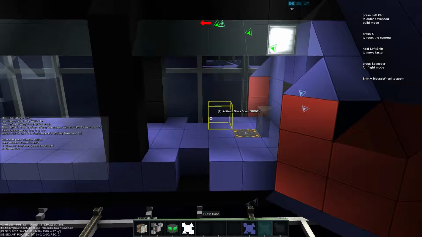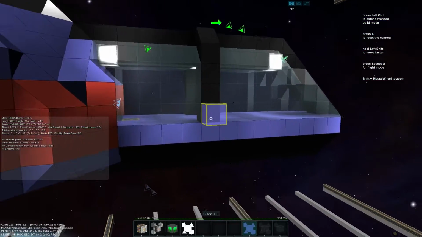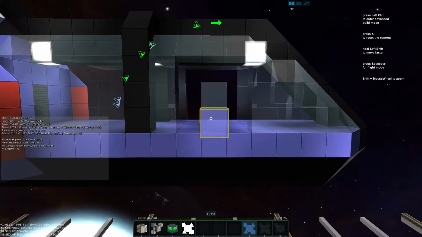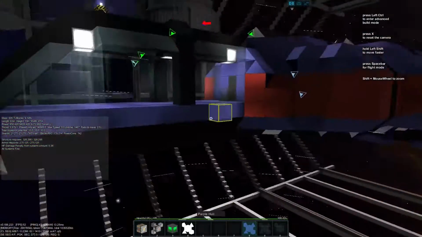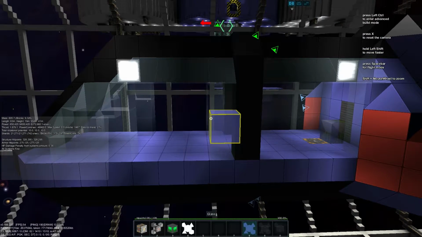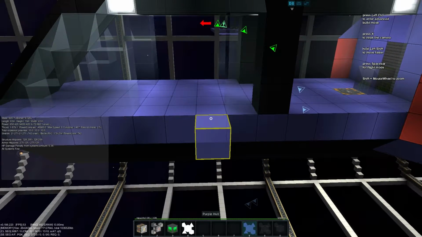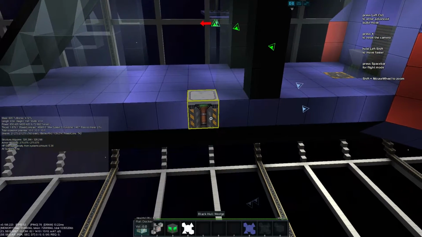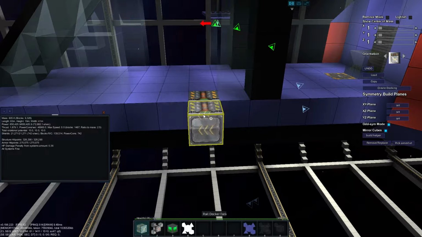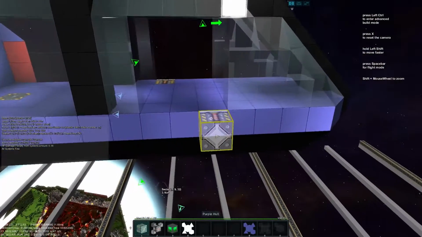All right, so let's just fill these in, just like that. And I'm not gonna do this in symmetry mode because I want to do it differently on each side. I want one side to be the part where we dock to other ships, and the other side to be the part where other vessels can dock to us. So let's start here. We're going to place our rail docker here, and face it inwards. And then on this side, we're going to do the same thing, except